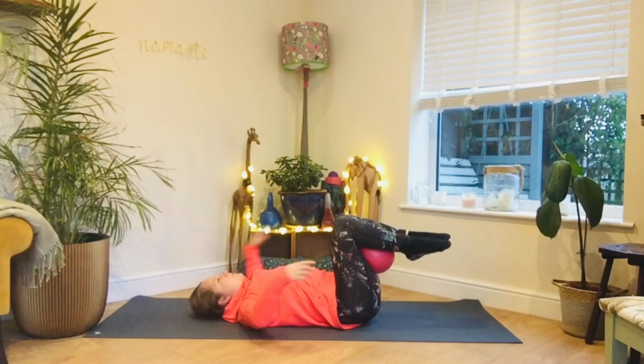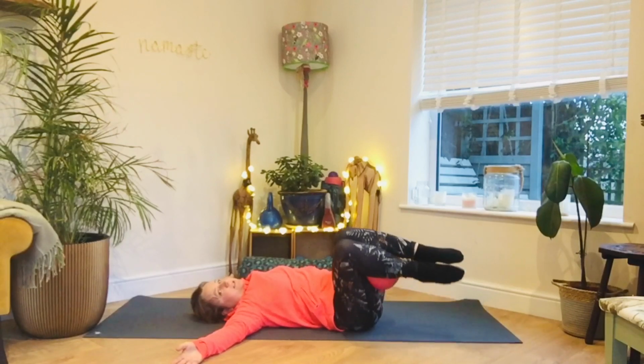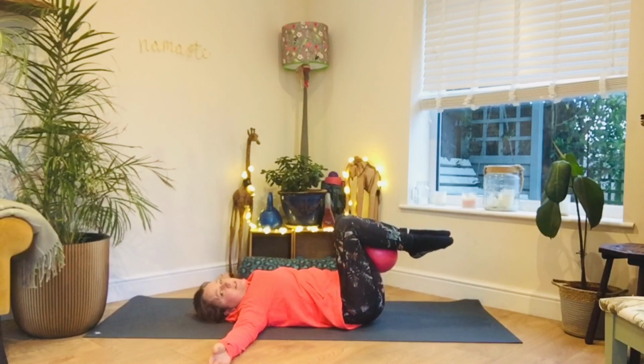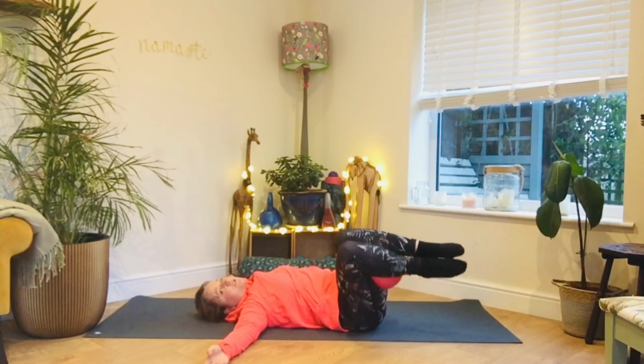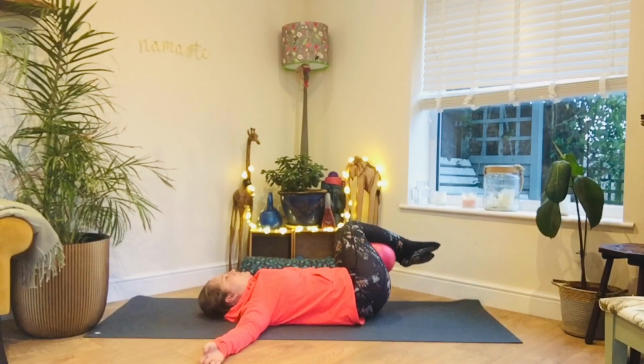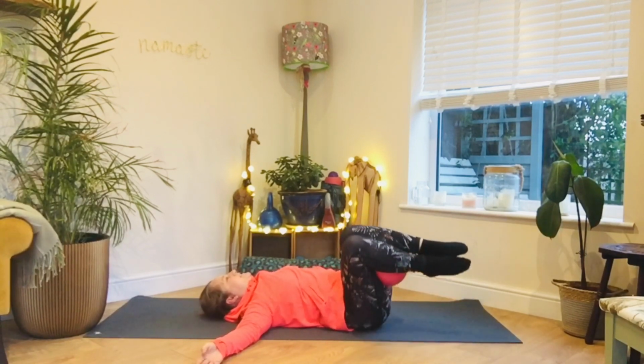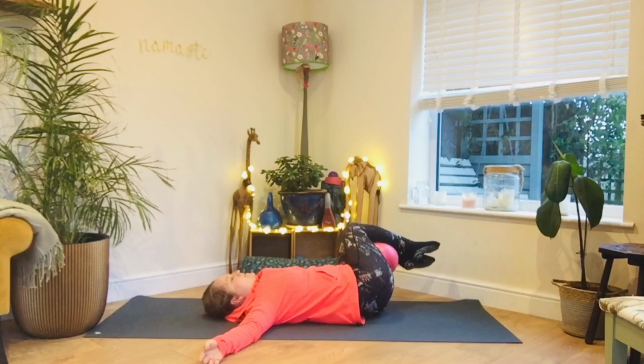So what we're doing here is recruiting these external obliques, so the ones on the waist, so the shoulders stay down, and then you just take the legs side to side as far as you can, but keeping the shoulders tucking onto the mat. Ooh, working those obliques. 8, nearly done. 7,